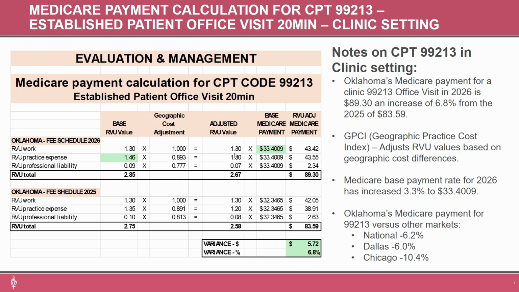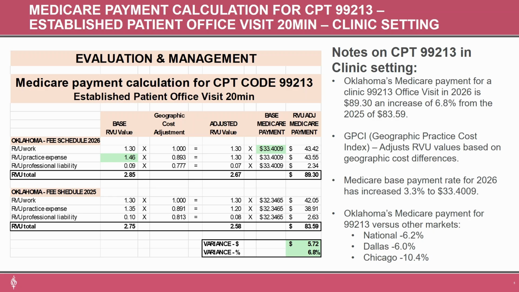$33.40 times the work value is $43.42. The practice expense payment equates to $43.55, and the professional liability RVU payment amount is $2.34. We add these three values up and arrive at our Medicare approved payment value of $89.30 for 2026 for CPT code 99213. Comparing that value to 2025, we see that there has been a substantial increase of 6.8% or